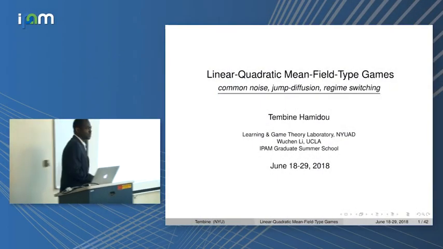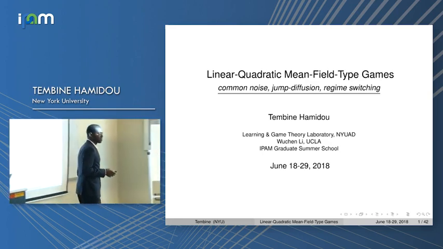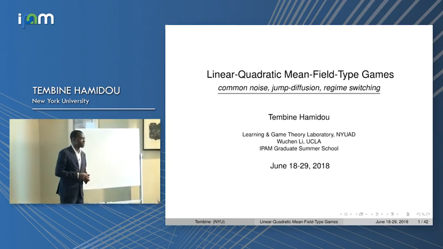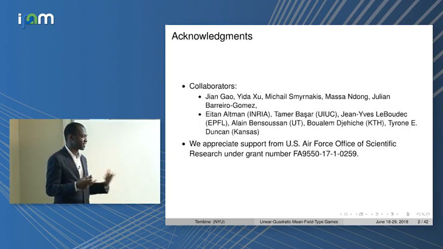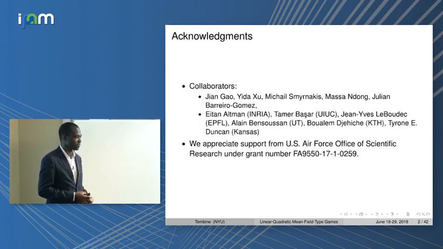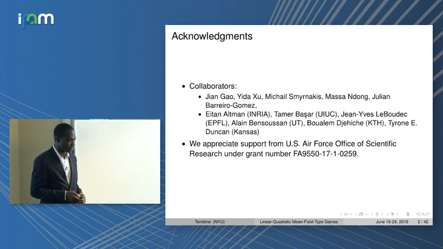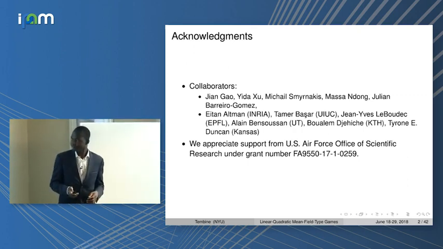So we will continue on this linear quadratic setup. Last time we have seen the framework without mean-field. So this time we'll try to include some mean-field terms and see if we can extend the same technique to mean-field games and then to mean-field type games, and with arbitrary number of agents. It could be a finite number of players as well.